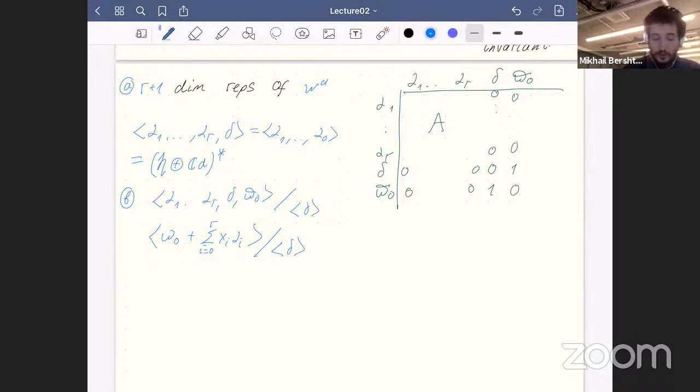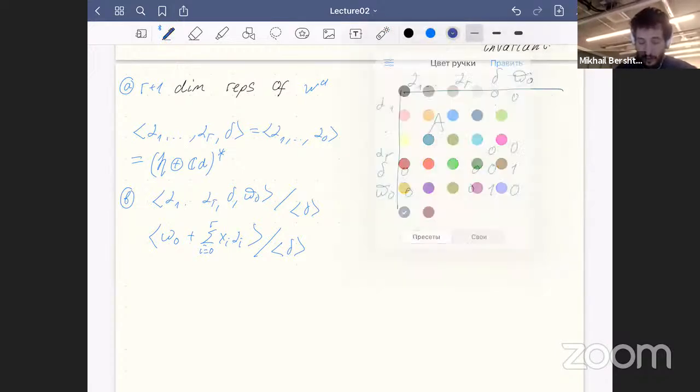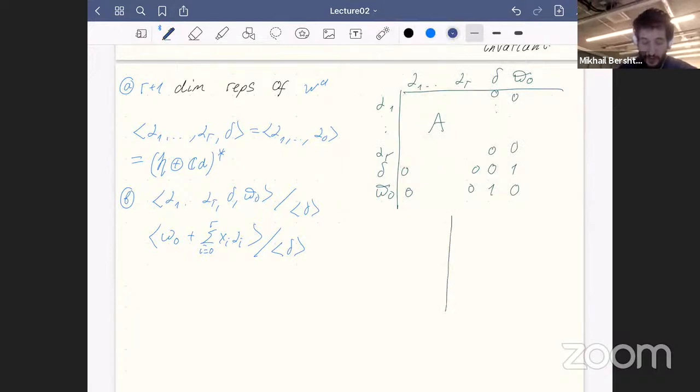And then we can take the quotient. Maybe some explanation. So we have one invariant one-dimensional space, and then we take the hyperplane which is orthogonal to this one-dimensional space. Since this one-dimensional space is invariant, the orthogonal complement is also invariant. But this picture is a bit misleading because this delta is light-like, it has zero norm. So it is parallel to this affine space, so we can take the quotient. And we get an R-dimensional representation, but